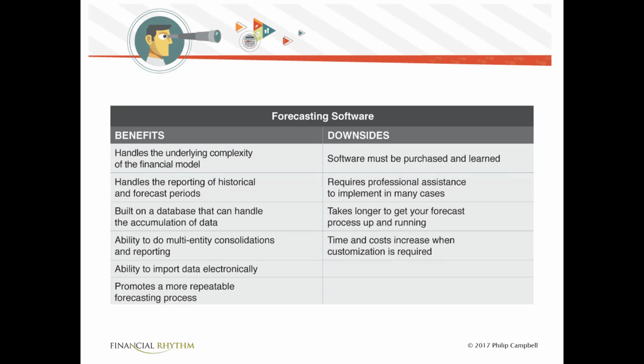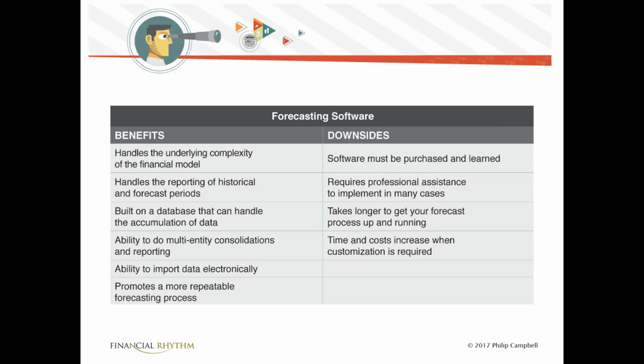So we'll contrast that with forecasting software. That's software that sometimes is made to look a whole lot like Excel. In some cases, it starts from Excel, but it's putting a big wrapper around that so that it's creating the model for you. So some of the benefits of forecasting software is that it handles the underlying complexity of the financial model. It's already got the reporting capabilities in there for both historical and forecast periods. It's built on a database, which is very important. So it's designed to be able to accumulate the data that you're going to add to it as each month goes by. It has the ability to do multi-entity